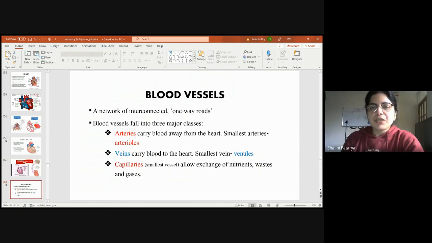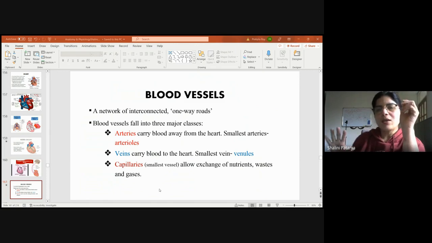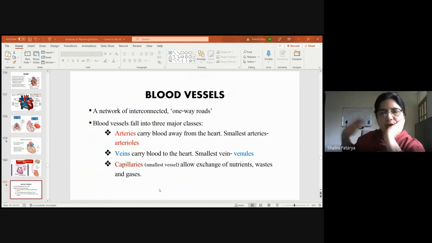Yeah, for questions, sometimes they will ask you to draw the diagram of the heart. Sometimes they ask to explain the cardiovascular system, or sometimes they ask to explain the circulatory system. So the circulatory system is the same as what I told just now. The only difference here is